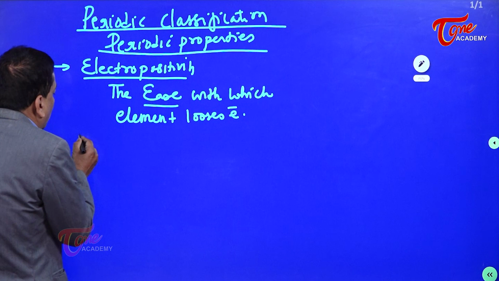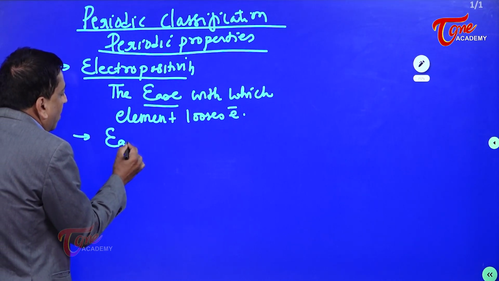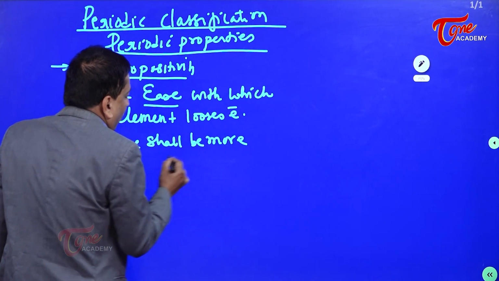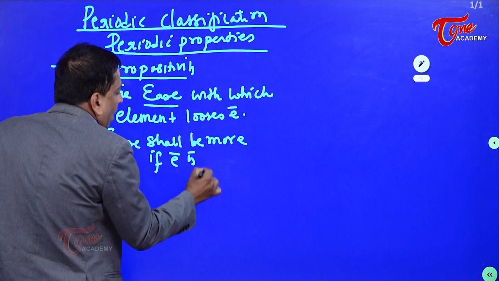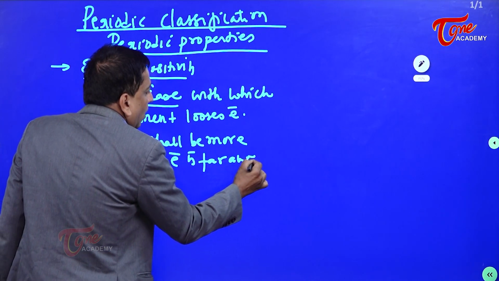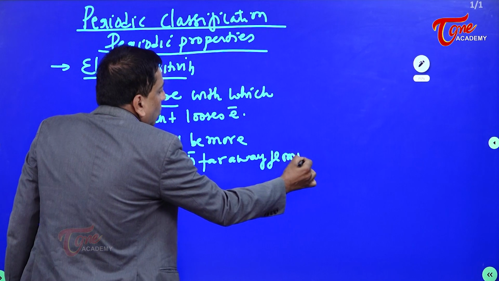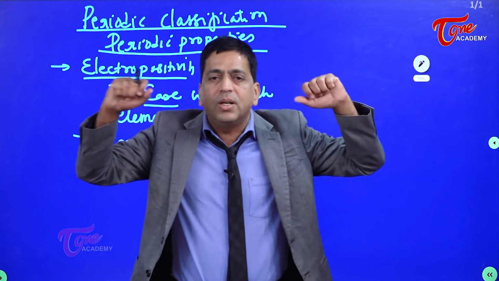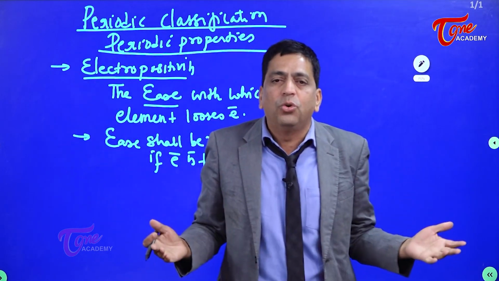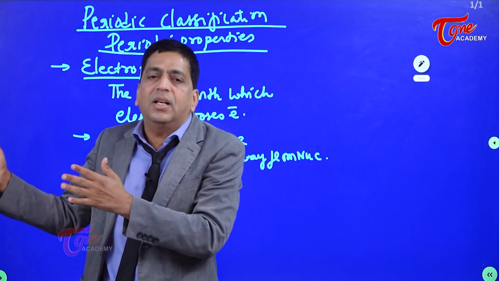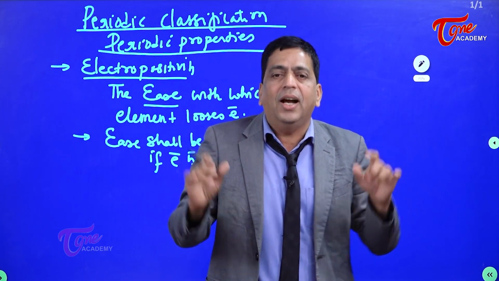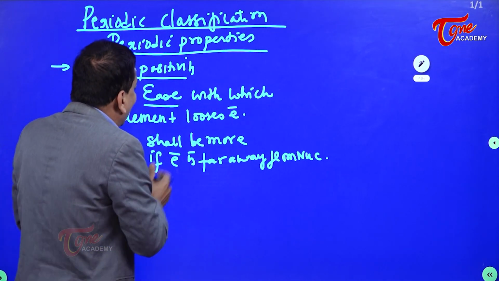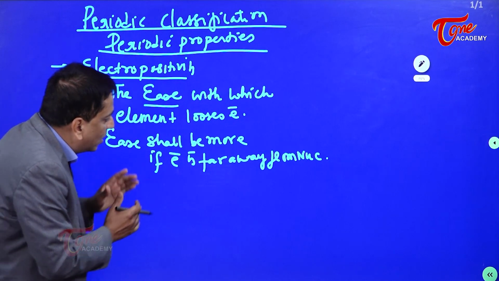If I can write some synonymous statements to you, ease shall be more if the electron is far away from the nucleus. You must understand, when the electron is far away from the nucleus, it's in a relaxing mode, and it's easy for you to remove the electron because you are not within the clutch of the nucleus, you're just loosely held. You must understand this, right? So the ease with which an element loses electrons, ease shall be more if the electron is far away from the